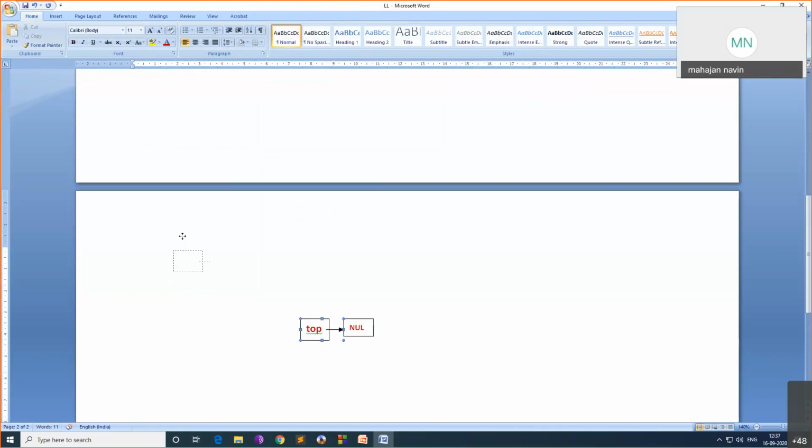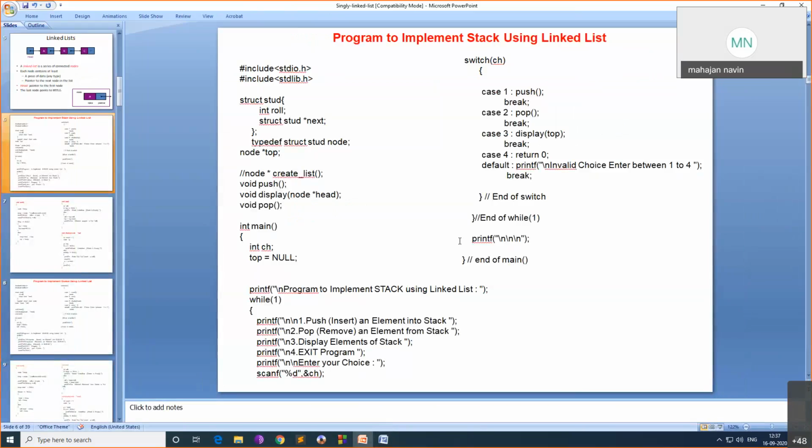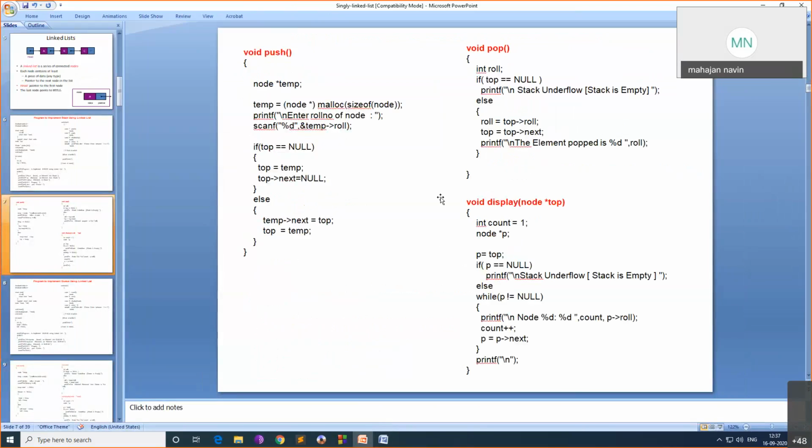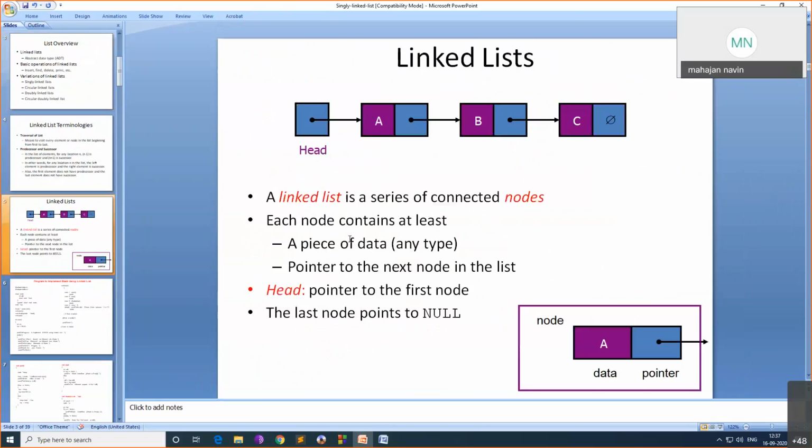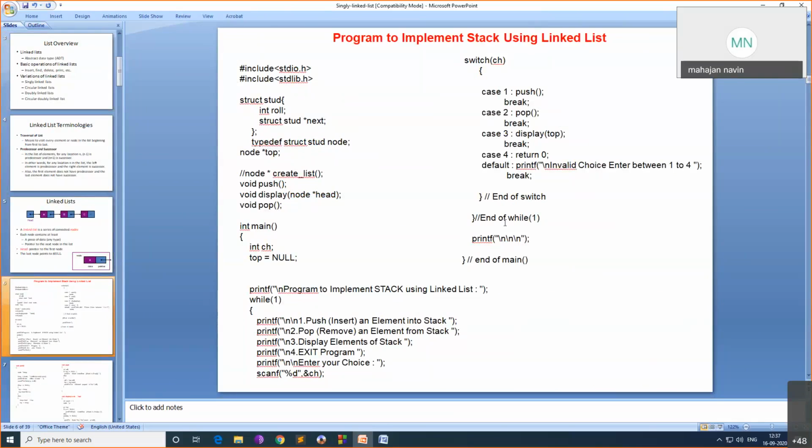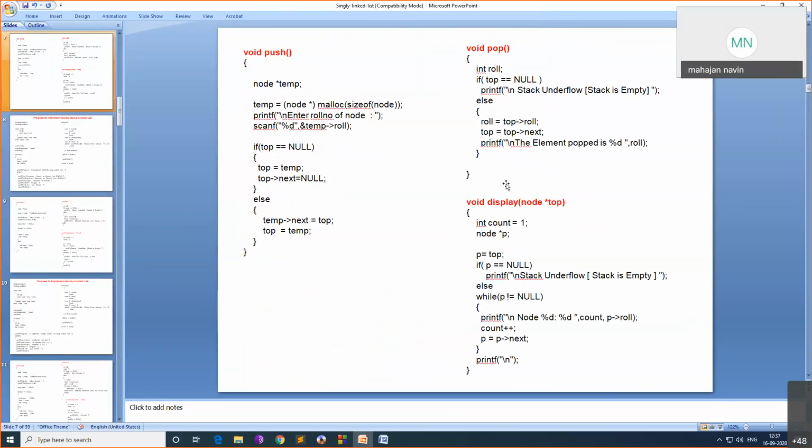So I have top. Initial top will be null, and once you get the first node, we will create the node with the malloc command. With malloc, how to assign space? Suppose it is a stack implementation, when you want to push an element onto the stack, that is creating a new node. How is it done? See this, malloc sizeof node. Malloc is memory allocation, which will assign memory, whatever size of memory you give as a parameter.